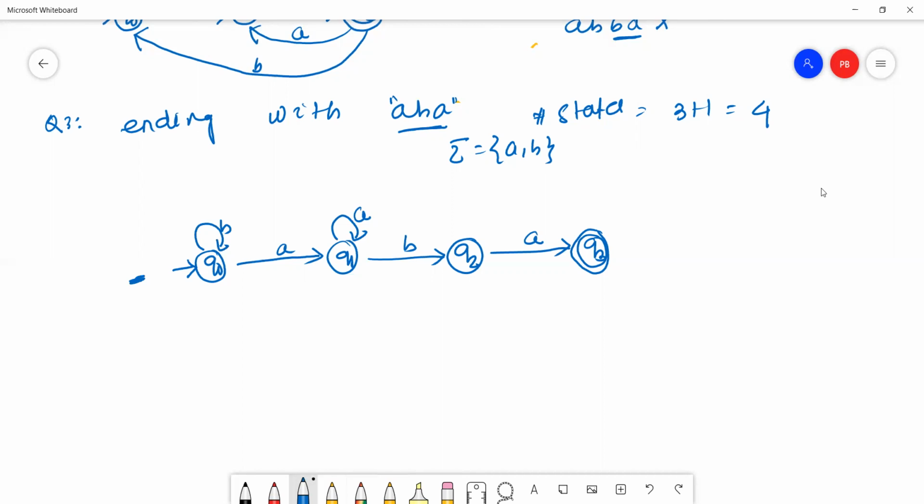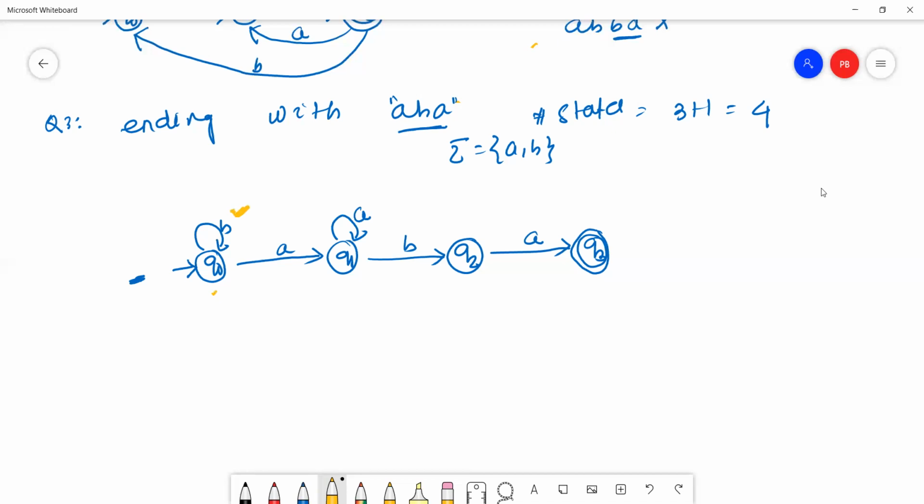Since Q0 is a self loop of B alphabet, A cannot go back to Q0. So by default, A will stay on the Q1 state.